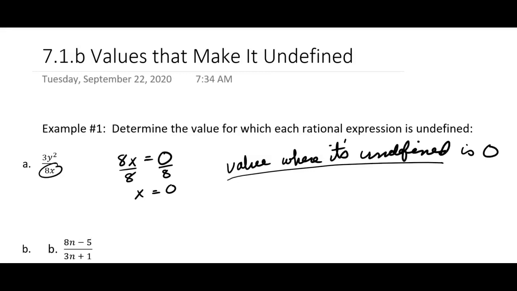Okay? Now you might be saying, well, what about the 3y squared up there in the numerator? Don't we care about that? Well, not right now, we don't. We're just trying to find where the expression is undefined. And what it means is we can't allow x to equal 0 in this case, because then the whole expression is undefined. Okay? All right, so the next one, you take the denominator, 3n plus 1,